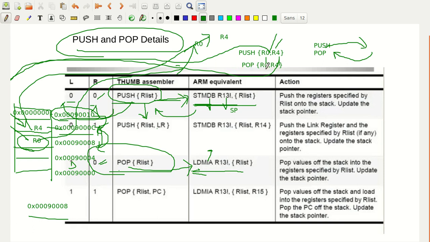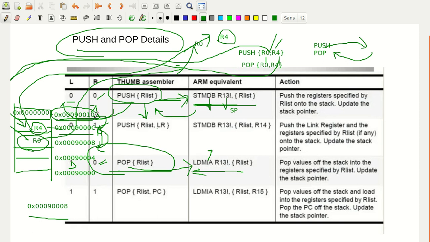When I specify the register list like pop R0 comma R4, first the content there is saved into R0, then the stack pointer is incremented by 4. Next, the content at 0x9000C is taken and stored into the R4 register, and again the stack pointer is incremented by 4.